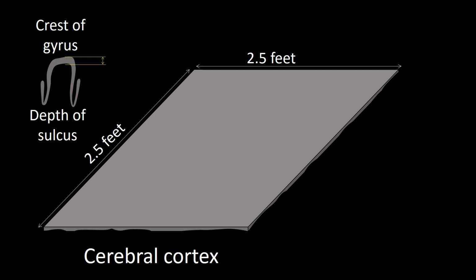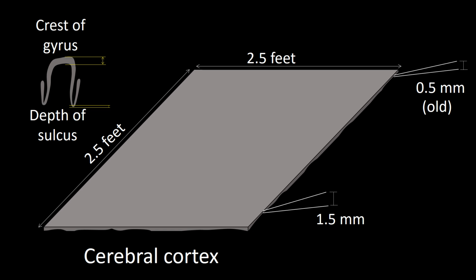In general, the cerebral cortex is thickest at the crest of the gyrus and thinnest at the depth of the sulcus. But overall, we can say that the thinnest cerebral cortex is 0.5 millimeters in evolutionarily older regions of the brain. Thicker cortices